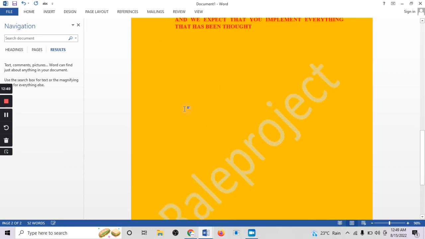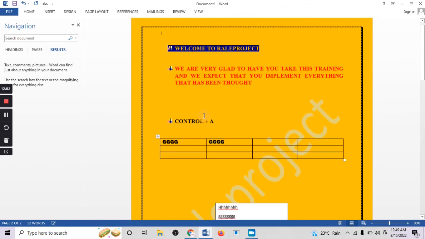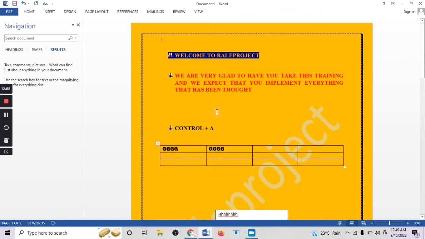Okay, so that's it for how to format and copy and paste on your document. So another thing I want to show you about tables is that you can actually delete and also add a table. Just in case you added a table and you want to add another one again, you want to add another